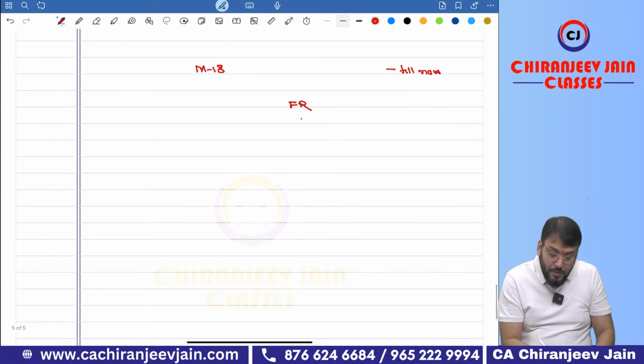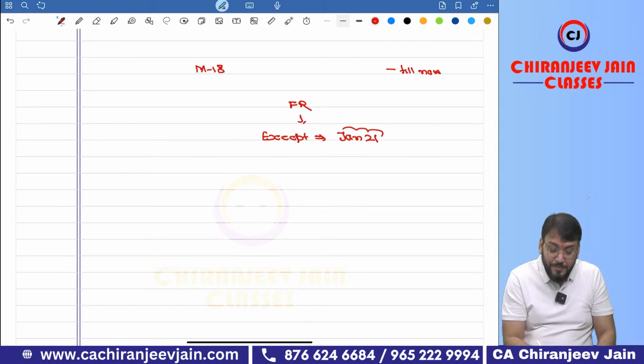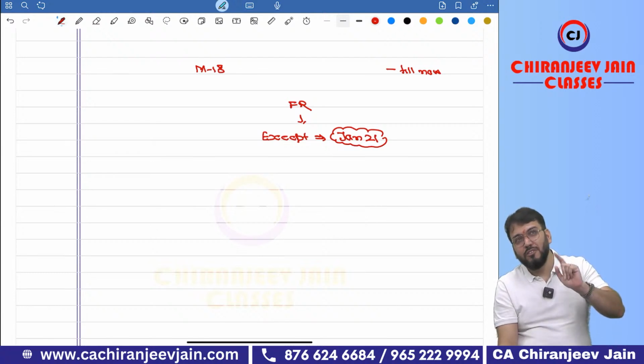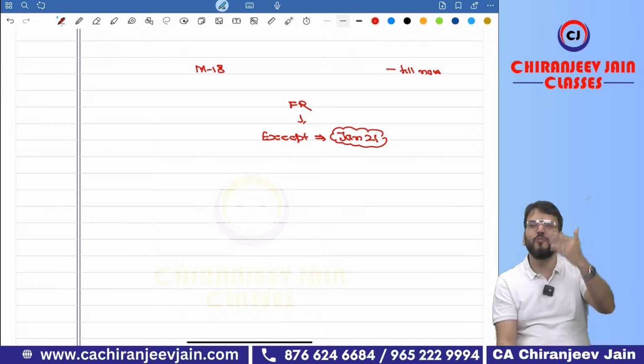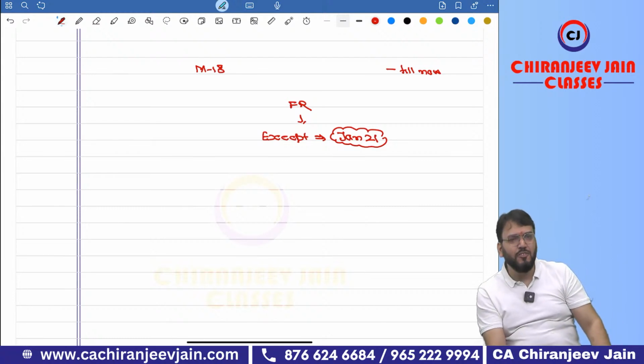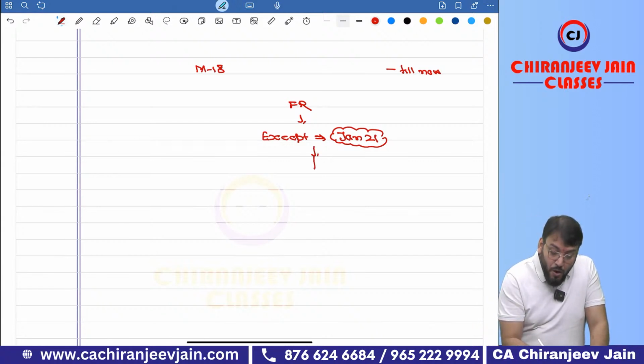Till now, except one exam, there is only one exception, that is Jan 2021. This was one exception exam due to COVID-19. At that time, Jan 2021, there were two exams for the same attempt and some opt-out scheme was given. I think at that time you were in CA Inter. For CA Inter also the same thing was applicable. Except this exam, in all exams,